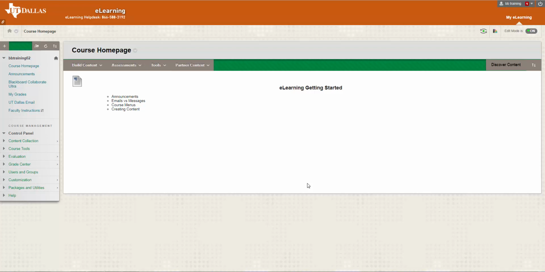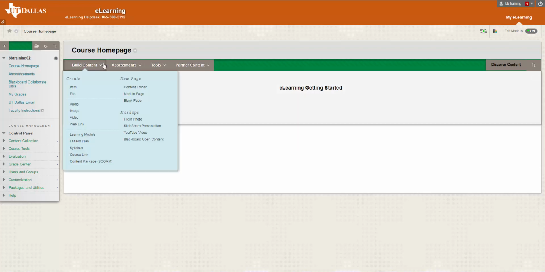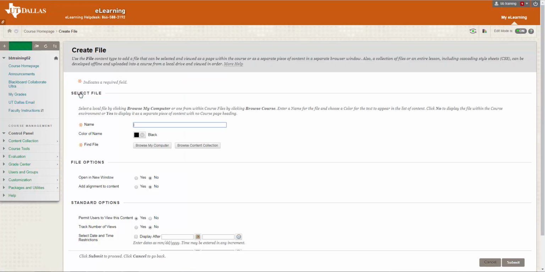In order to do this, I'm going to have to go to Build Content, and from its drop-down menu, select File. You'll notice that the Create File page looks different from the Create Item page. This is because for files, you're only going to put the title and one file for students to download. So for the syllabus, I'm going to type in the title Syllabus,